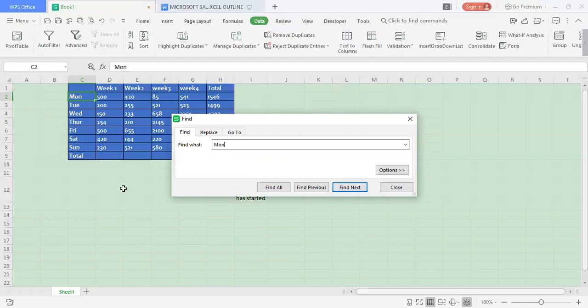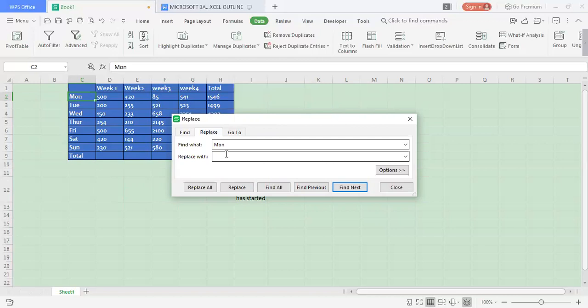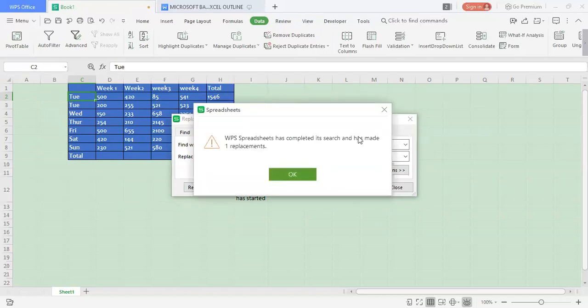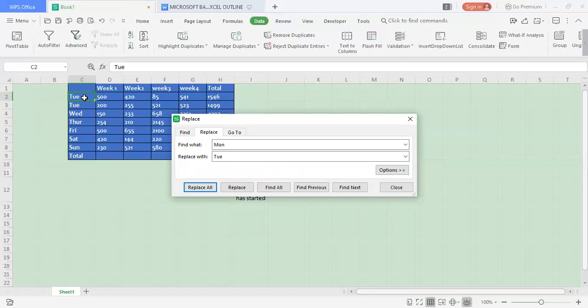So whatever it is I want to do with Monday, if I want to replace it, I just click on replace, what I want to type there, type it. Even before you search for it, actually you can type find and replace with. If for instance I want to replace Monday with Tuesday, I just type Tuesday there, and replace all. You see it has completed a search and has made one replacement. You see the Monday will be changed to Tuesday. Okay, so that's how you find and